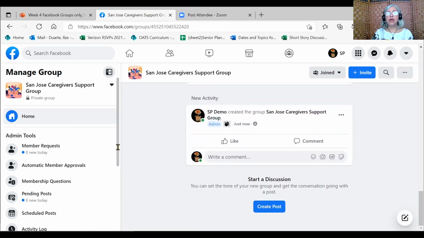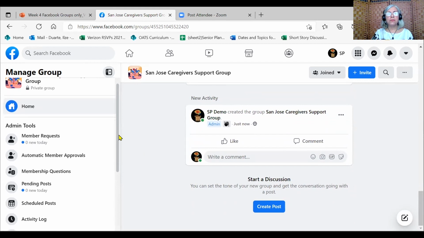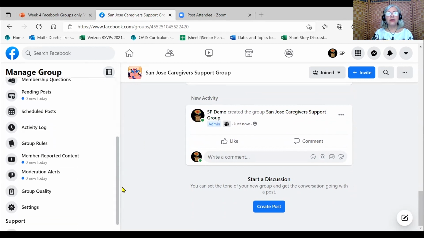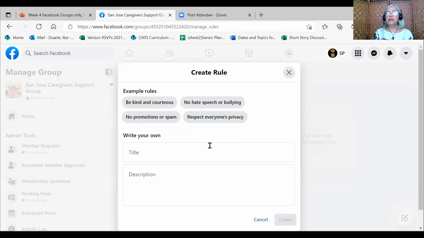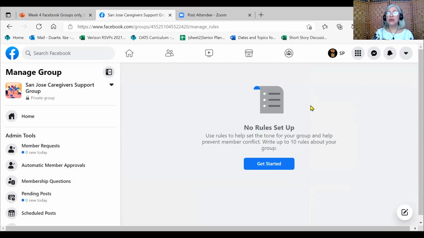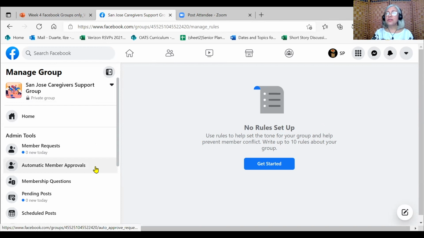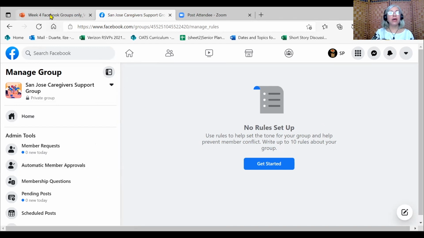And then you have more information. And to the left, you have your admin tools. And here, notice that you have the group rules. When you click Get Started, Facebook will help you with the categories. So you have some categories here, or you can write your own. And I'm going to stop here because all your decisions will depend on your goal for this group and what you want to get out of it, what you want your members to get out of it. Let's go back to our slide